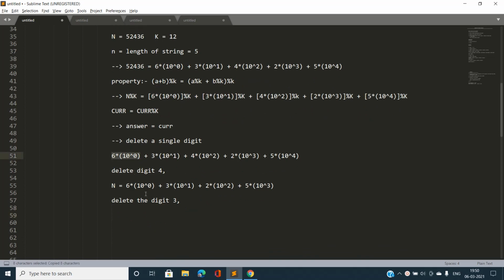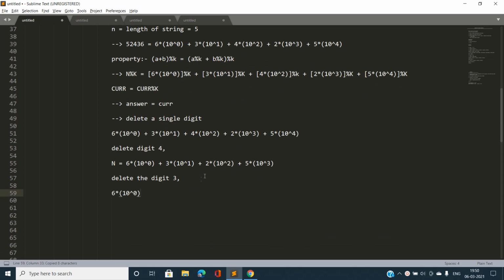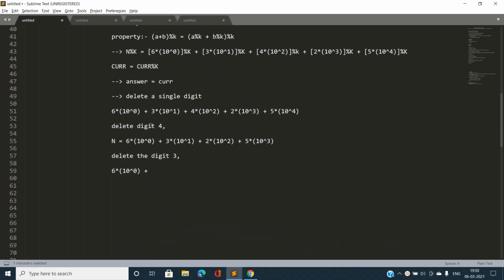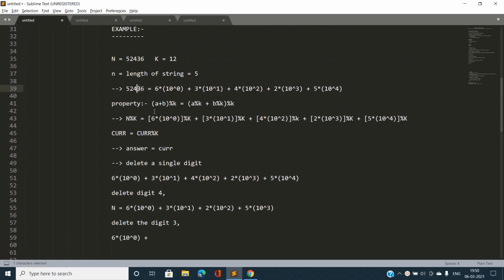So I'm going to print it as it is. And all the digits to the left of the digit 3, that is 5, 2 and 4, will have their powers, 10 power p, reduced by 1.